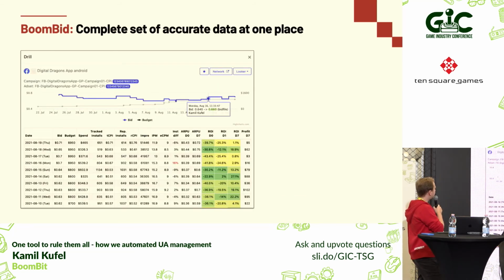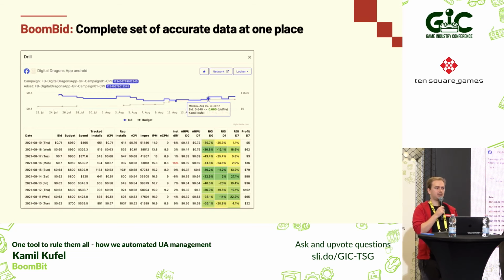Apart from the bids upload, BoomBit is also used to check the performance of our campaigns on a daily basis. So we have implemented a lot of small features allowing UA managers to work more efficiently. A few examples of those features would be adding campaigns as favorites, so they are always visible on the top. Every time you see a campaign, you can click the Network button in the right corner, and you are redirected to the network dashboard with this campaign or combination automatically selected, so you don't have to copy and paste IDs or